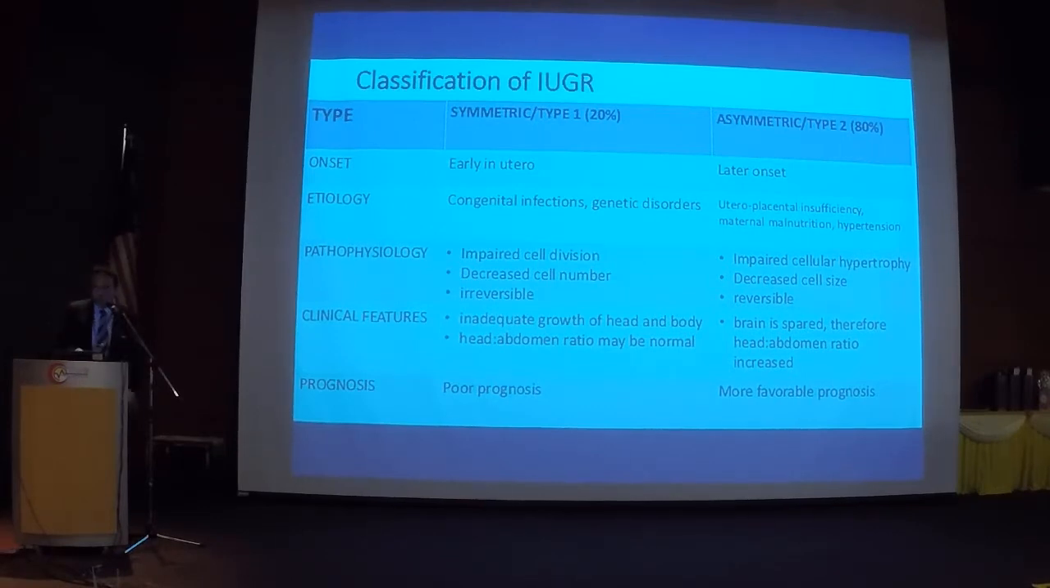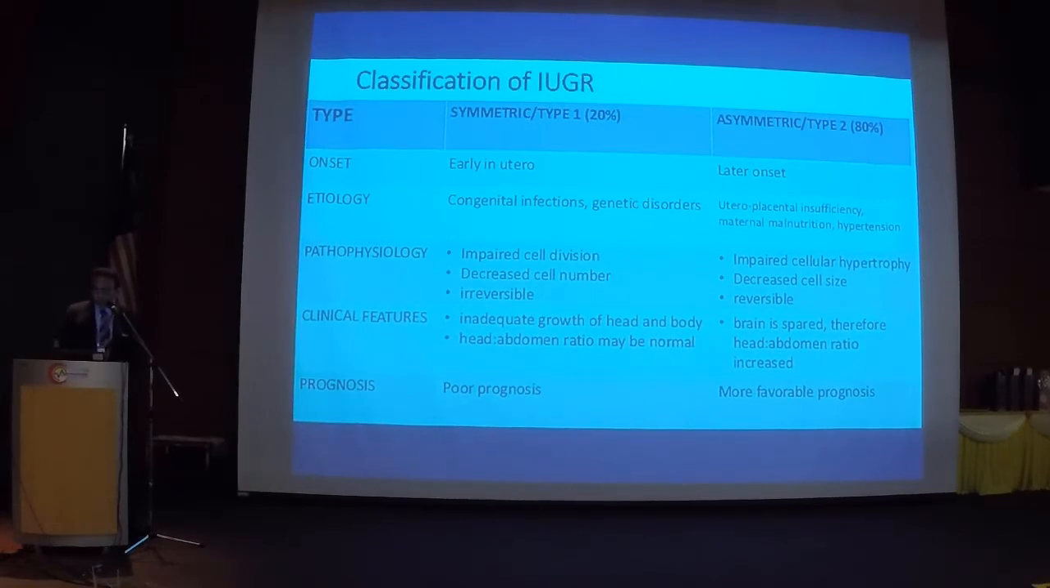a poorer prognosis compared to the asymmetrical type, where it's later onset. It's mainly because of uteroplacental insufficiency due to some reason, maternal malnutrition, hypertension, and what happens is that there's impaired cellular hypertrophy compared to the cell division in the symmetrical type, and this decreases the cell size, and it's reversible actually. So as I mentioned to you earlier on, there is this brain sparing effect. So the head abdominal ratio will be increased. So when you plot, you realize that the head abdominal circumference is increasing. So this is one of the parameters we look at,